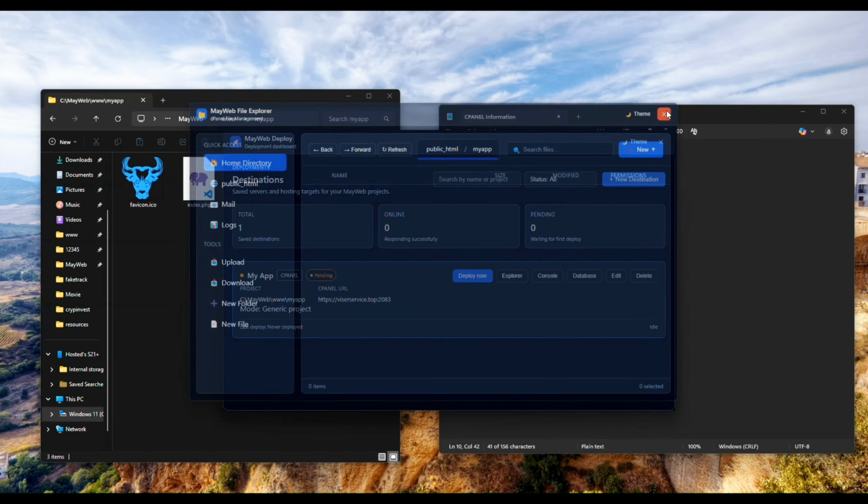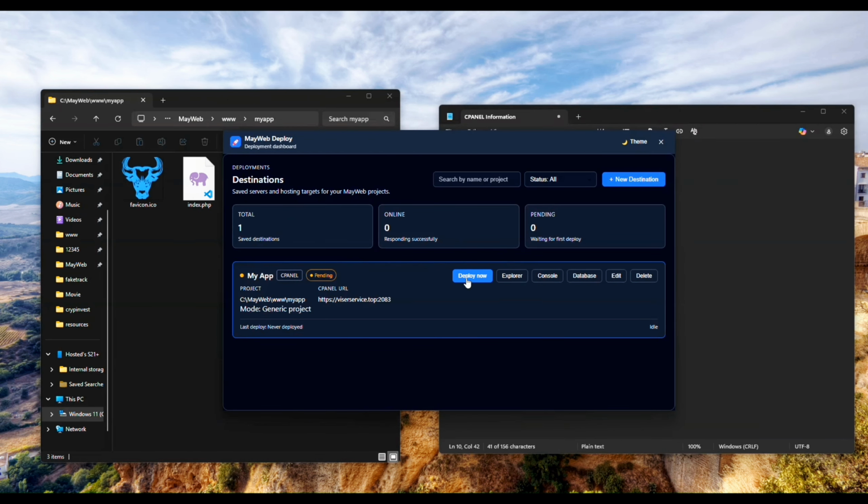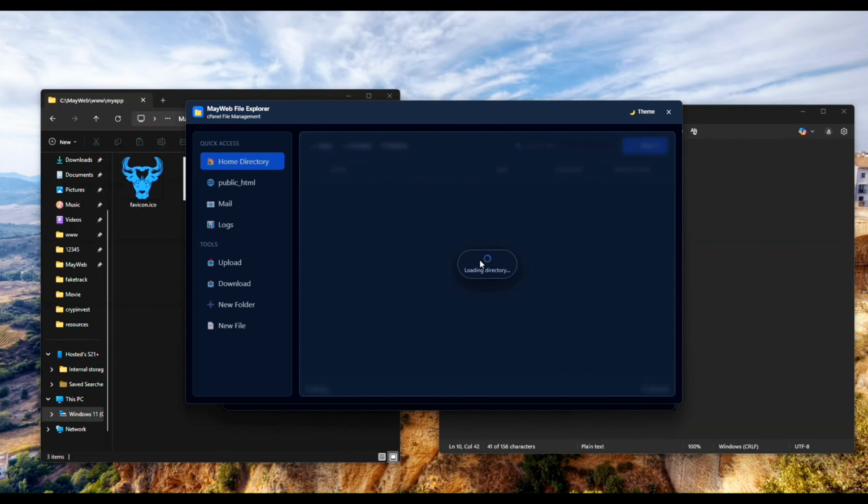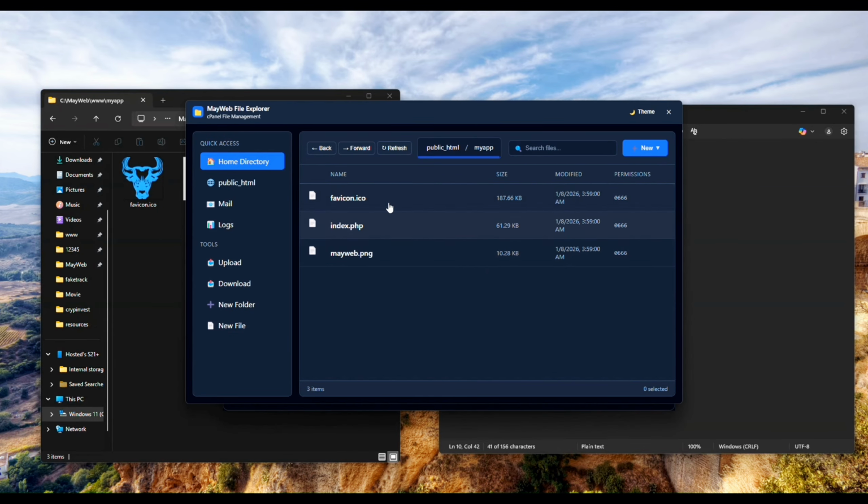I click Deploy Now. Immediately, MayWeb starts running the deployment process, and one thing I really like here is that MayWeb provides real-time logs. So while the deployment is happening, you can actually watch everything live. What MayWeb is uploading, what actions are running, and whether anything fails or succeeds. That live logging makes it easy to troubleshoot, and it also gives you confidence that the deployment is actually working,